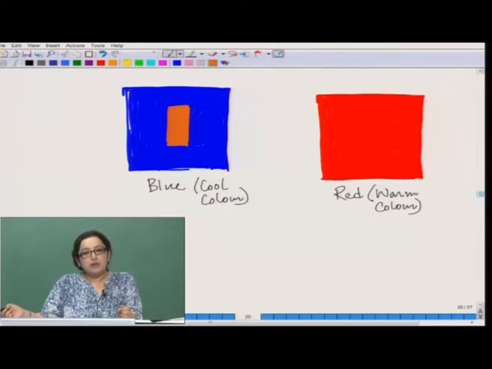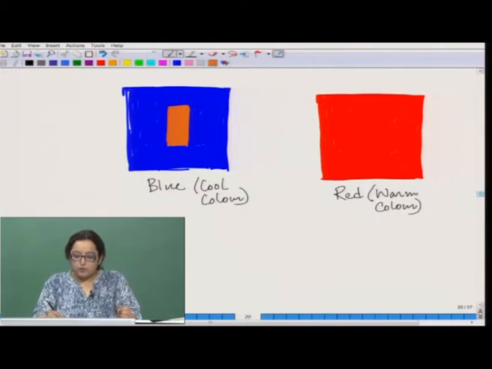It will rather flicker. The reason is the contrast of these colors, and it is not only the contrast, but when we place the orange on a blue background, it gives us a simultaneous contrast.